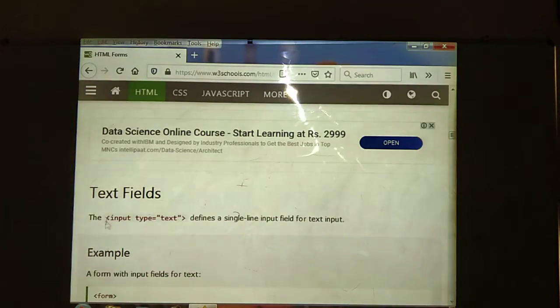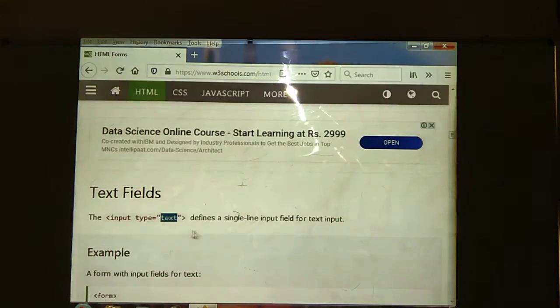How to write the text fields? First use the angle bracket, then use the input element. This element is an unpaired tag, which means it doesn't have a closing tag. Next use the type attribute, with the value text. If you are using text, we can start with alphabetical data, accepted by alphabets. After that we can enter digits also, and special characters also.